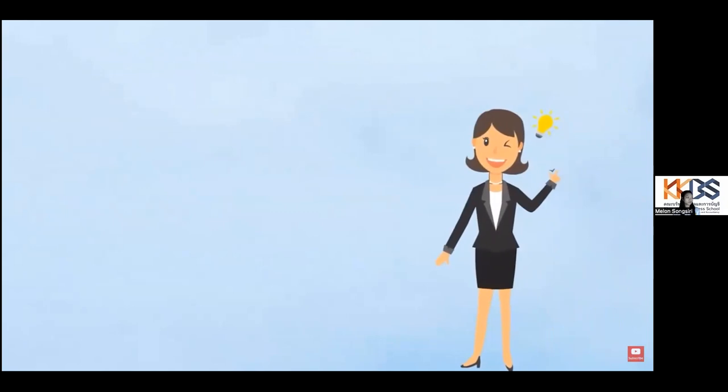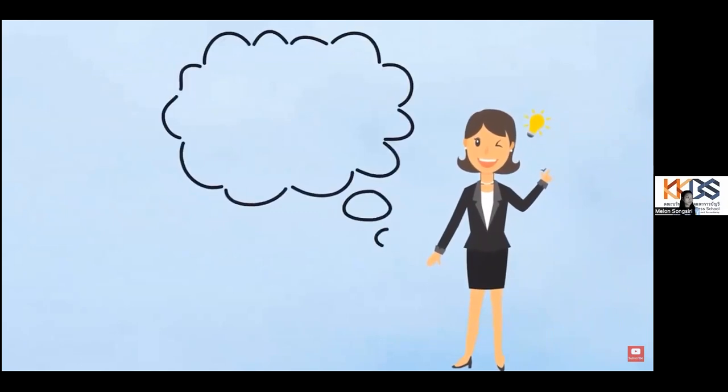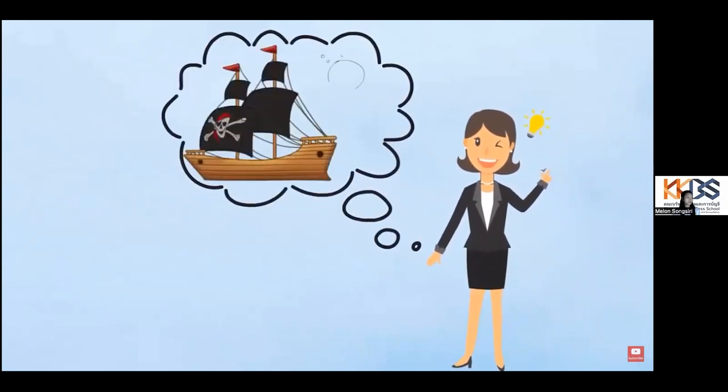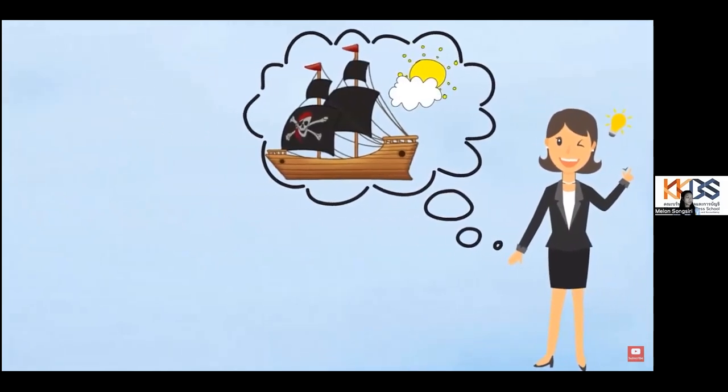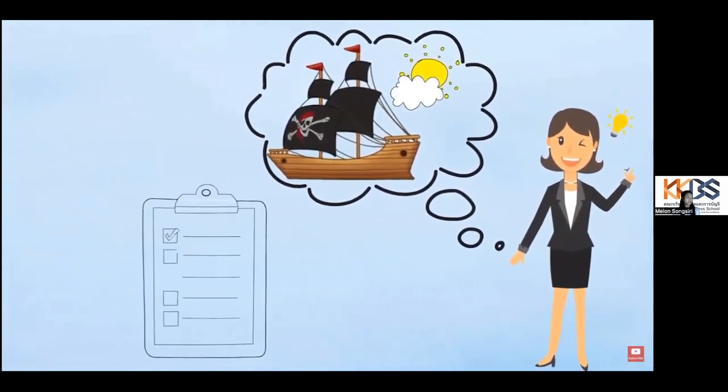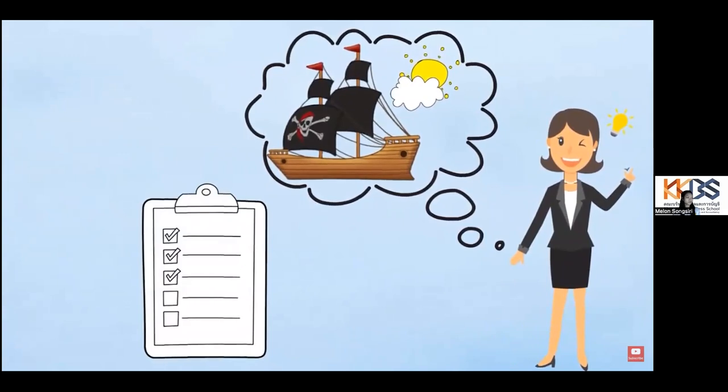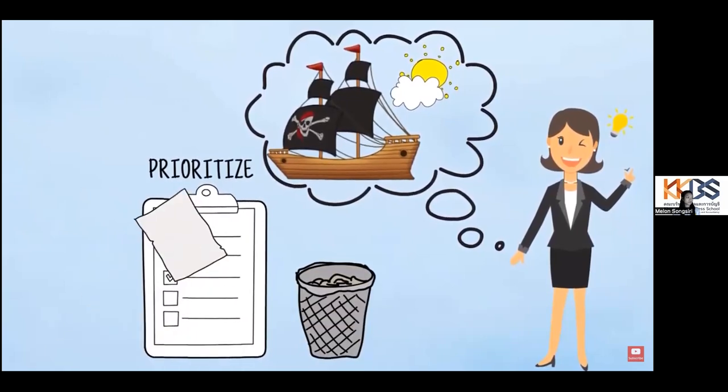Another example is that I always have so many ideas and things I want to do, but not enough time to do everything. It's very hard to choose what to focus on. So I sit down and make a list of all the things I want to do, and then I prioritize them and dedicate more time to the things that are more important. If I have too many items on the list, I have to give up on some of them and do it maybe at another time.